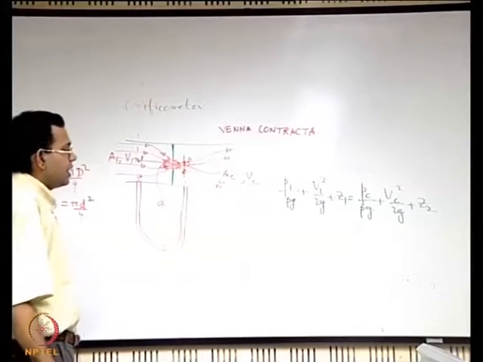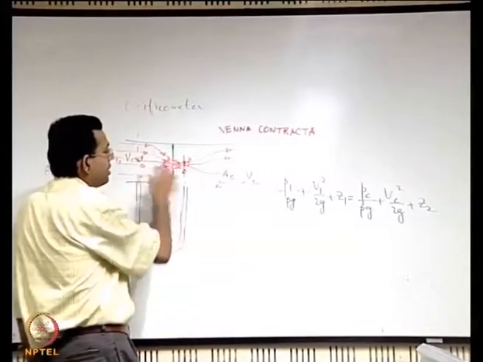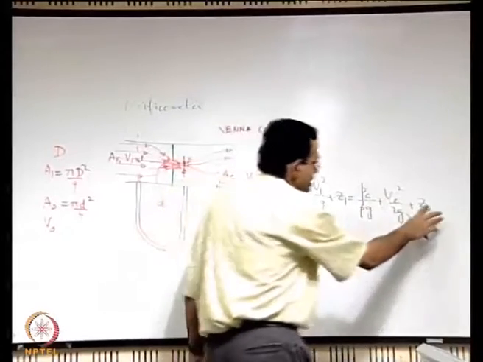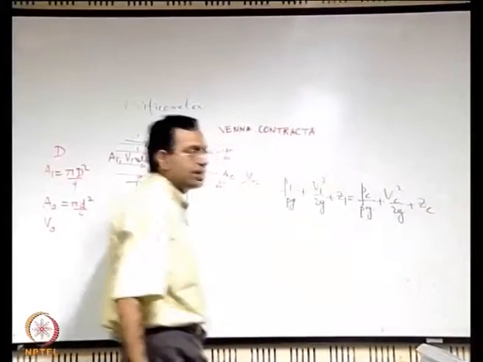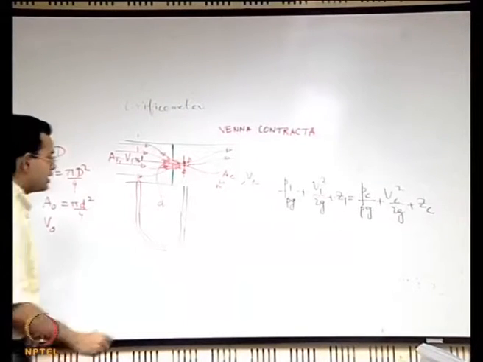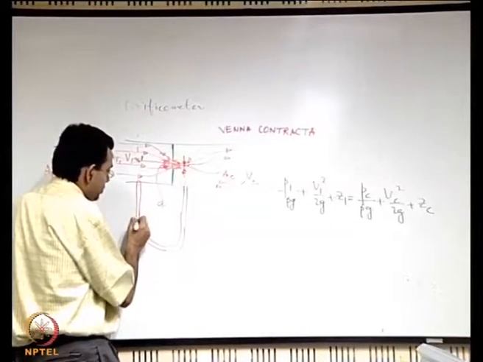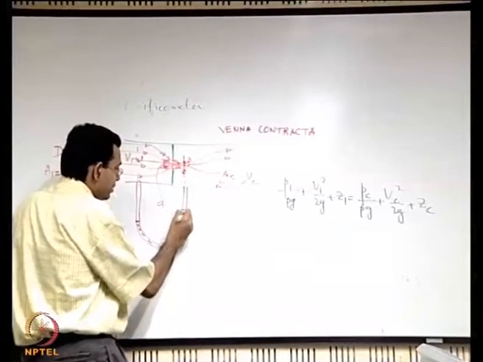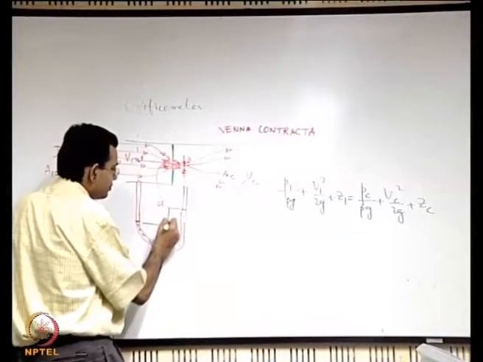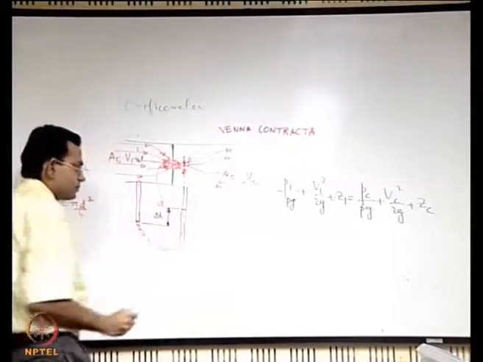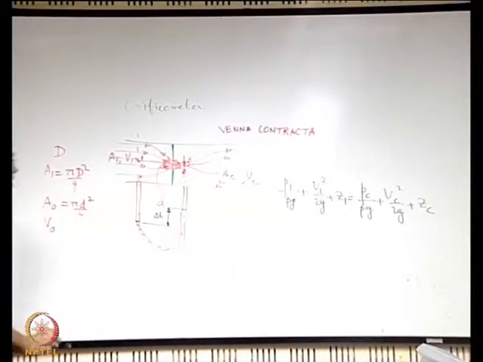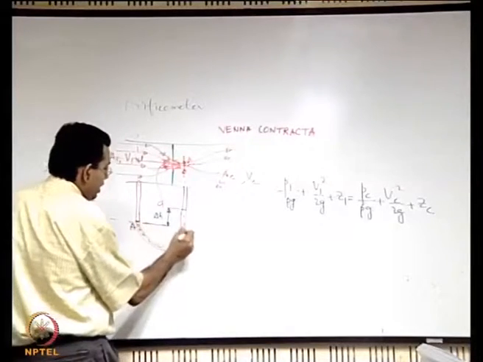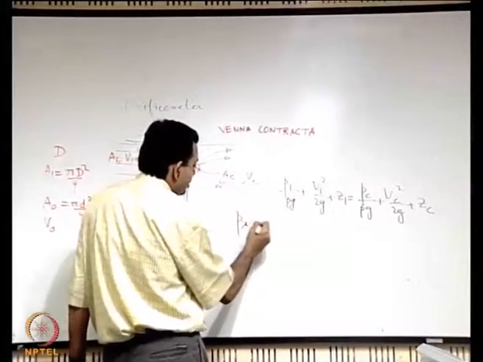So, again the question comes that how will you find out the difference between P1 by rho g plus Z1 and Pc by rho g plus Zc, that is by using the manometer principle. So, let us say that you have the depth of the limb as marked in the figure, and let us say that delta H is the difference in the reading of the two limbs of the manometer. So utilizing the principle of manometry, you can write that if you have A and B as these 2 points, you have pressure at A is equal to pressure at B.